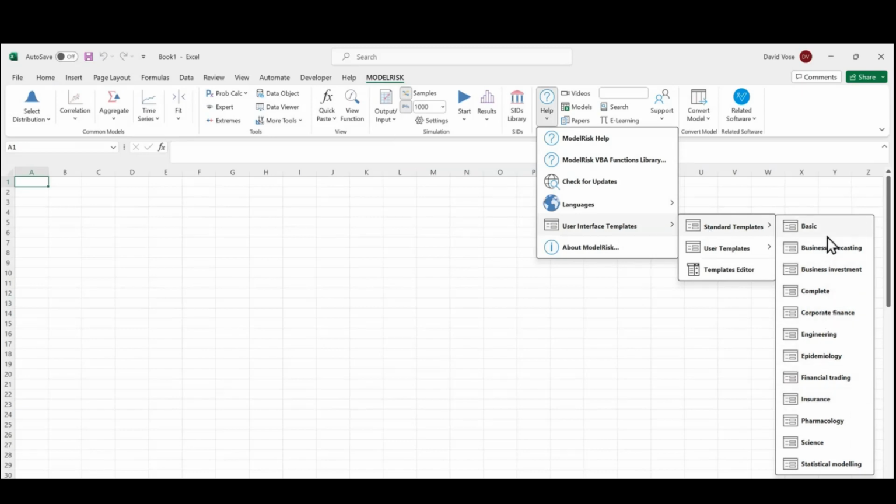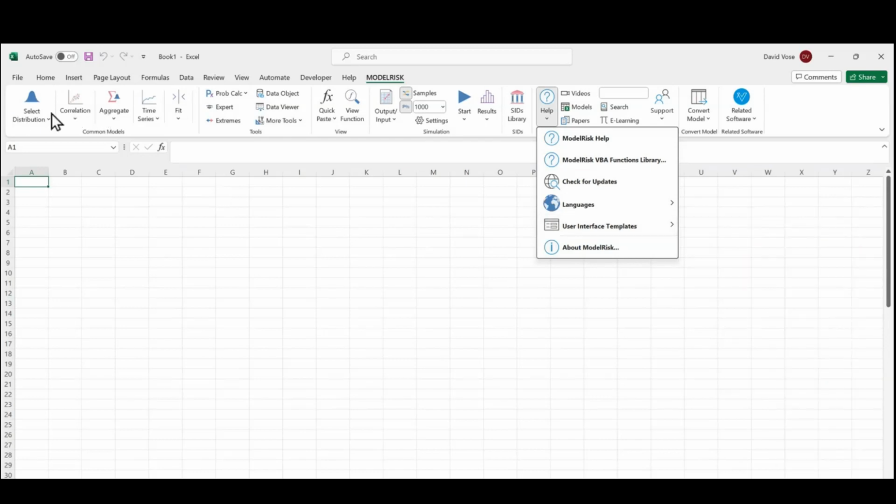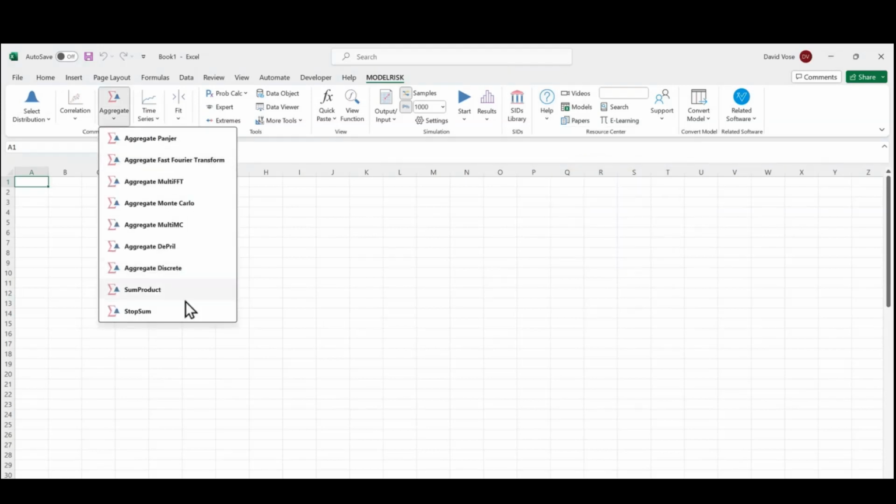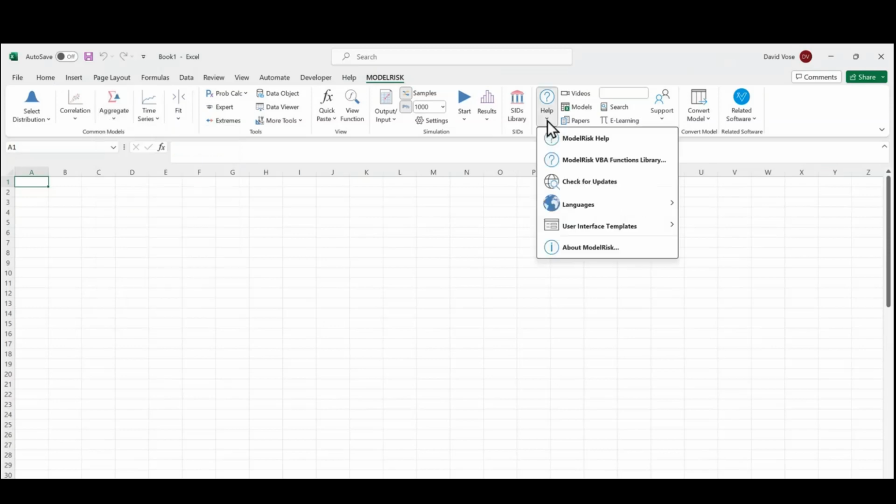And if none of those particularly suit you, or you would like to add or subtract from the list of features that are going to be shown, so for example, we might not want all of these different features here in the aggregate, that's an awful lot of different aggregate functions, then we can go into the Help feature, User Interface Template Editor,